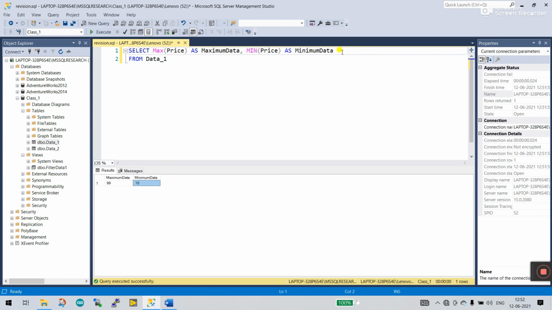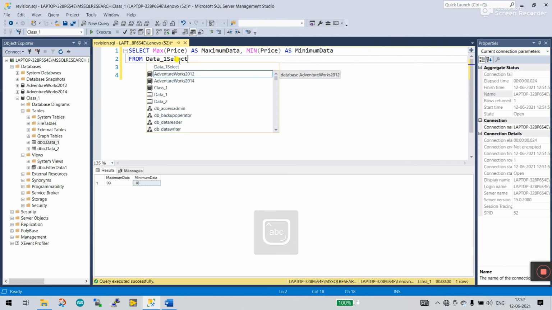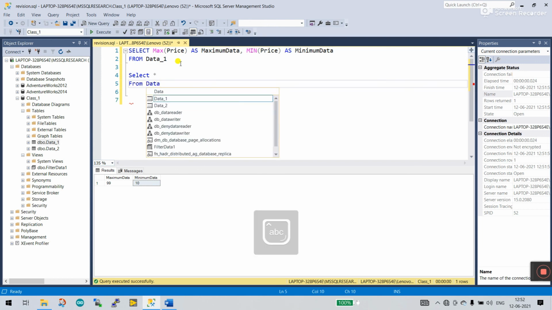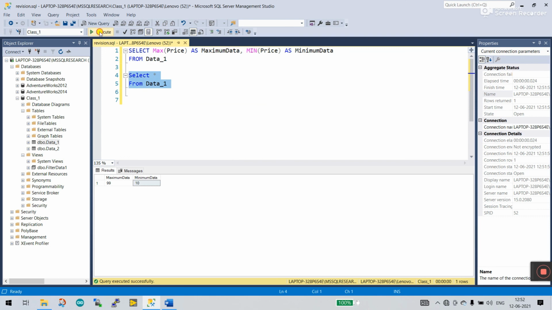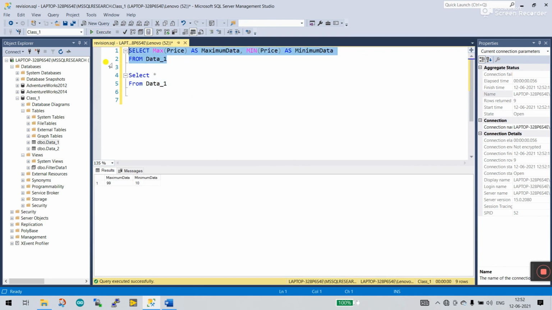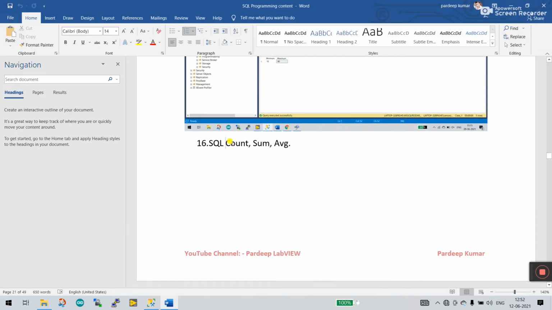To verify, select all rows and columns from data1, click execute, and you see the price minimum is 10 and the maximum is 99. It's working well.